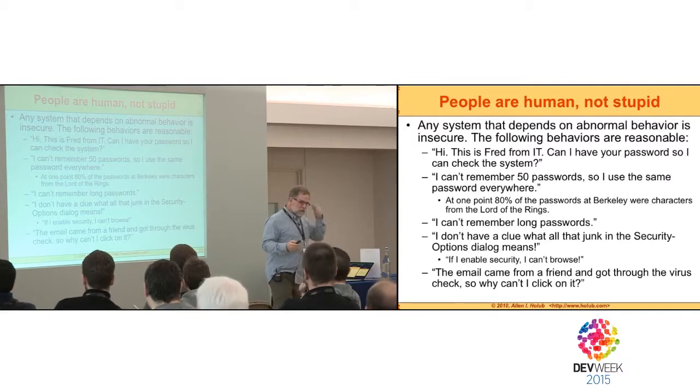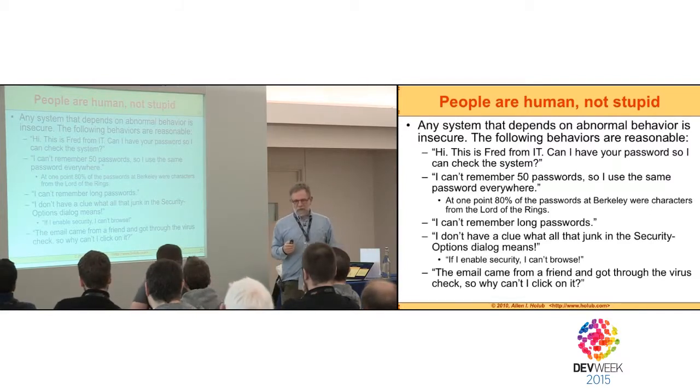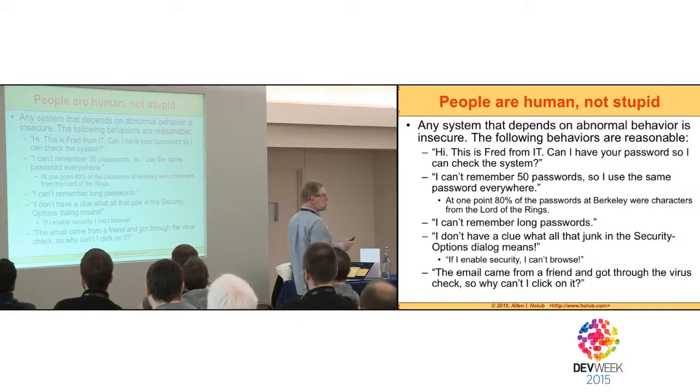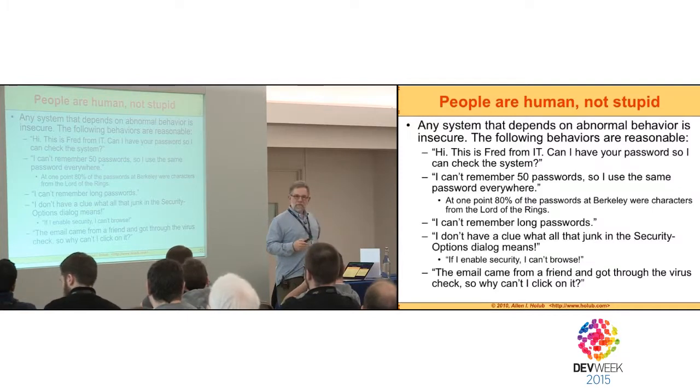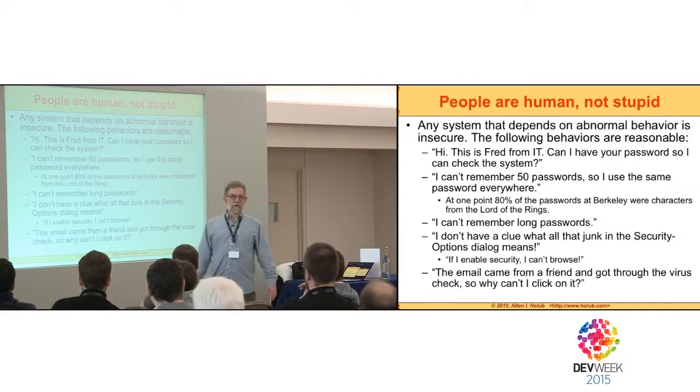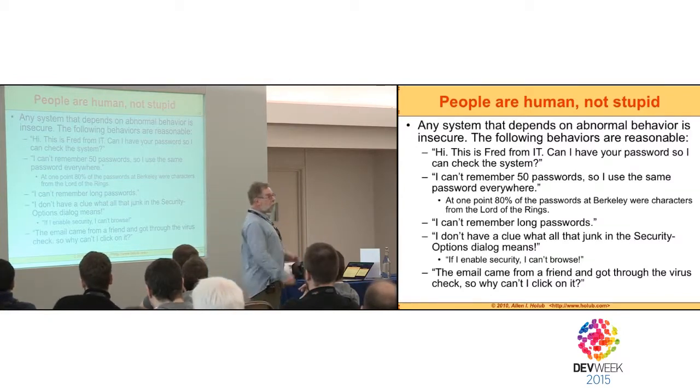But anyway, we get back to this notion of people, right, that often programmers make assumptions, or they hold in contempt the users of their systems for not doing things that seem obvious to them. Right? What an idiot, he clicked on this link. Well, it's perfectly reasonable for a normal human being to click on a link that comes in an email that appears to be coming from somebody they know. It takes a certain amount of paranoia to not do that, and you can't really expect people to not do that. So our whole password-based infrastructure is vulnerable because programmer types have said, well, if you're so stupid that you're going to give your password away,